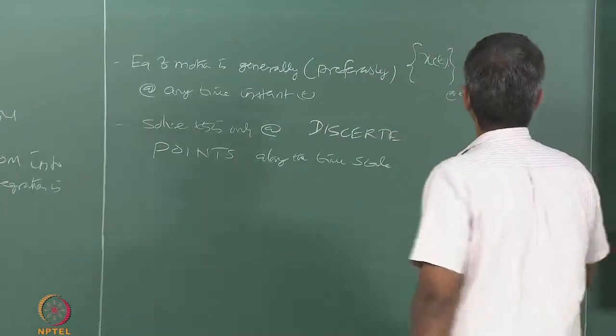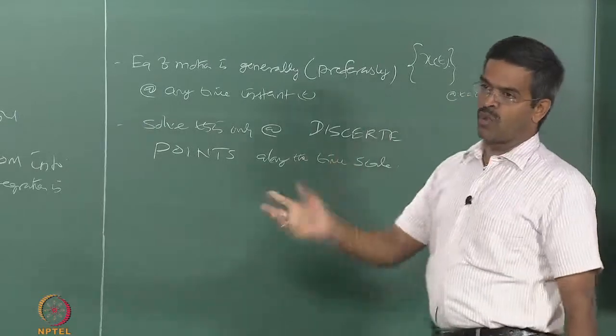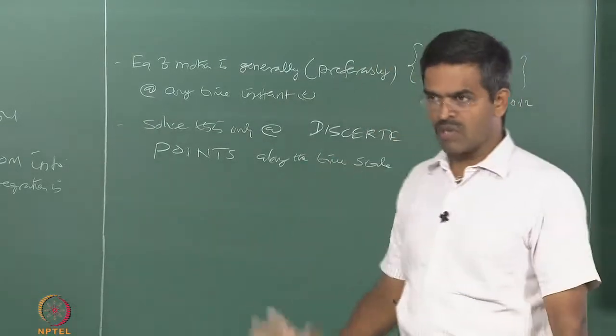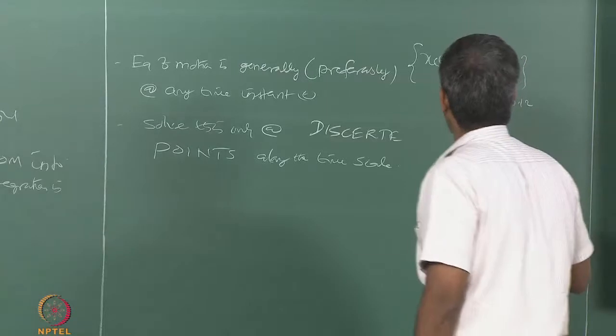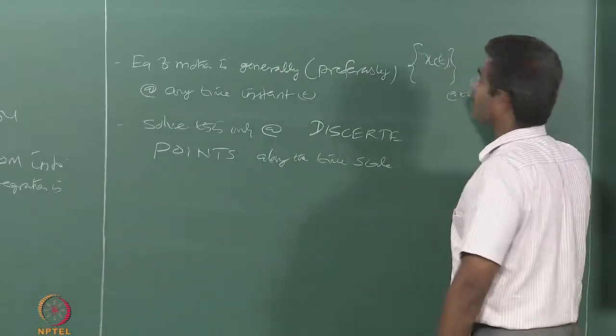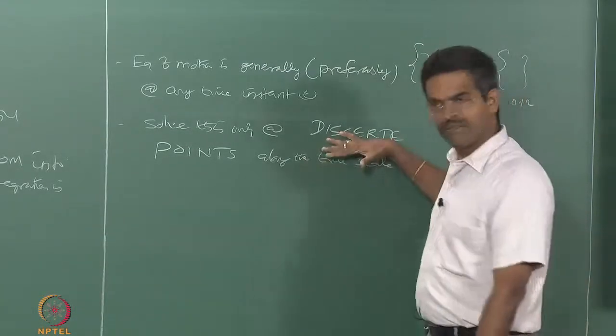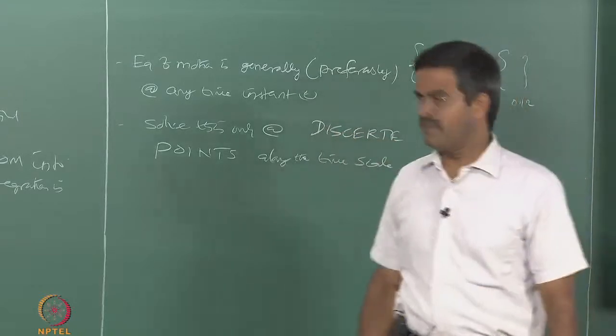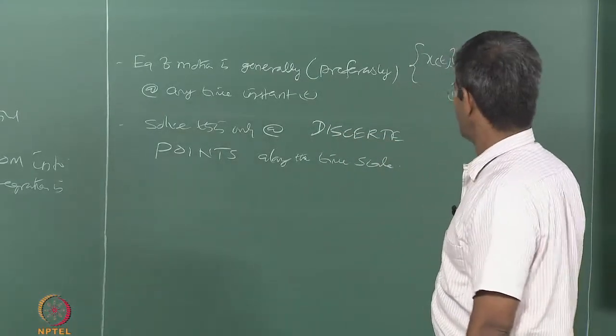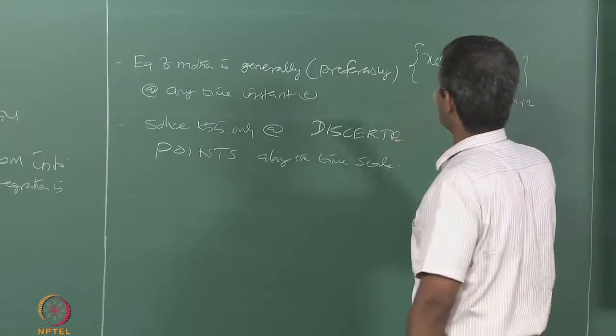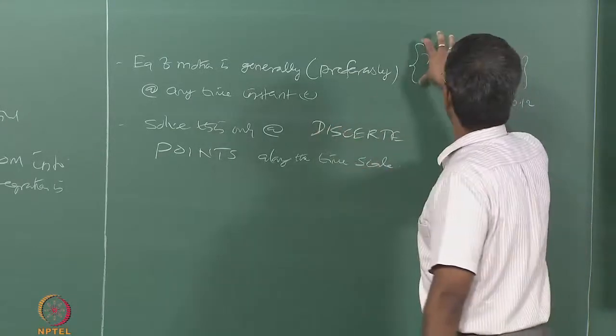We can fix it as close as 0.001 also to make it more or less continuous, that is all in our hands. But however, the solution you obtain using this scheme will be discrete, it cannot be continuous. Now, the problem comes when you have got the solution, the validity of the solution at every discrete point.